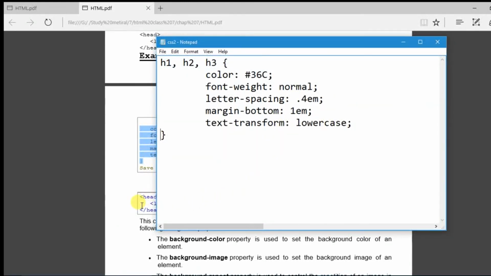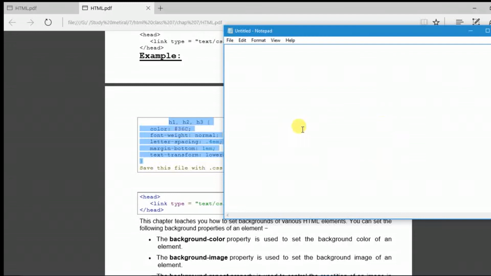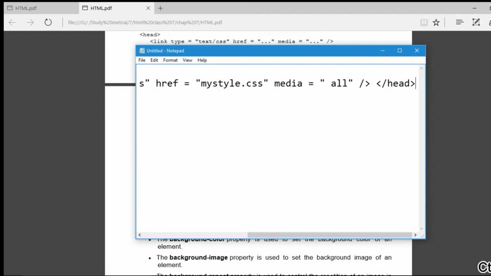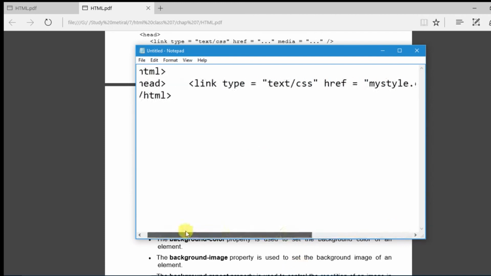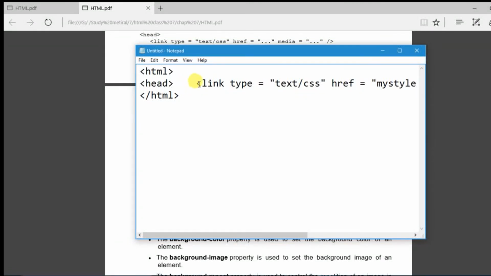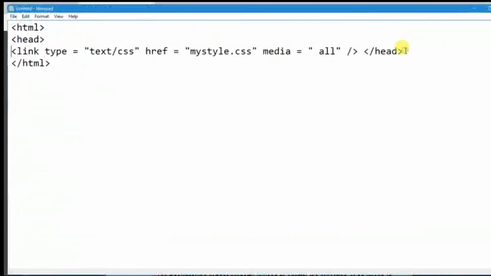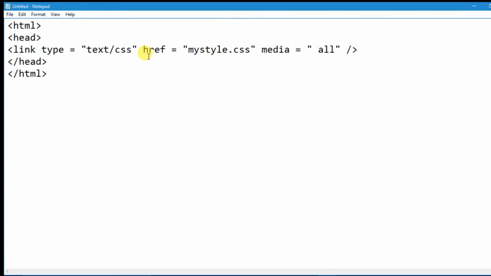In this new notepad file, I will put the HTML tag open, HTML close. I am putting the code by which we will add the external CSS file here inside the HTML page. So to combine that external CSS file with this HTML page, we require the link tag.